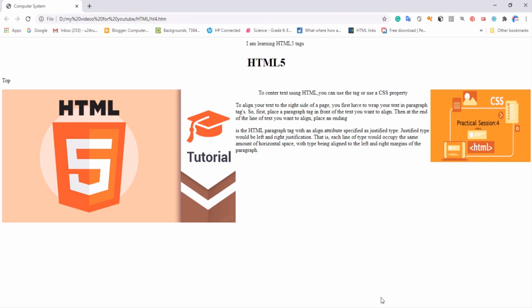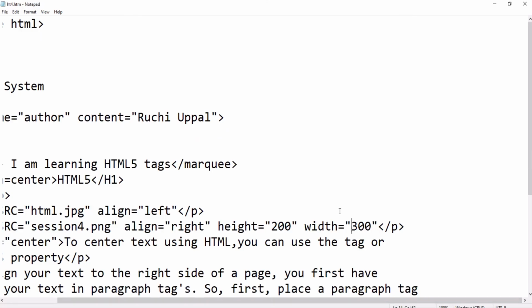Okay, so next is how to add the border to an image. How to add the border to an image. Okay, so that your image will look more emphasis and it will look more attractive. Okay, so let's see how to do that also. Okay, fine, I will write here border.